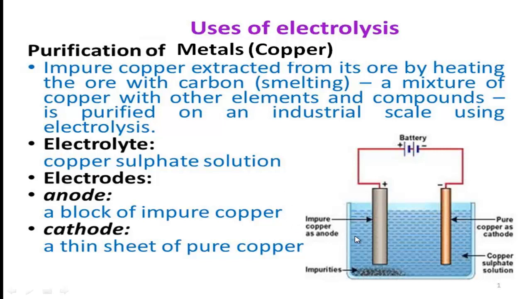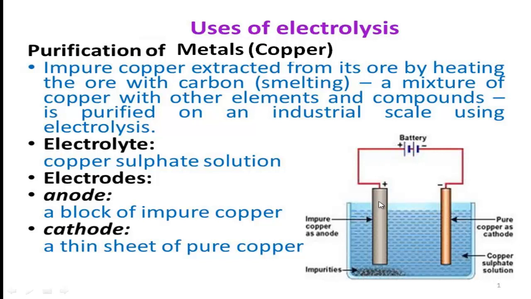How? Follow here. This is an electrolytic cell, and in this electrolytic cell you have to use electrolyte as the salt of the same metal. Here we will purify copper metal. For this, you have to use copper salt solution. Here as electrolyte, copper sulfate solution is used. If you purify silver, then you have to use silver sulfate solution, like this way.